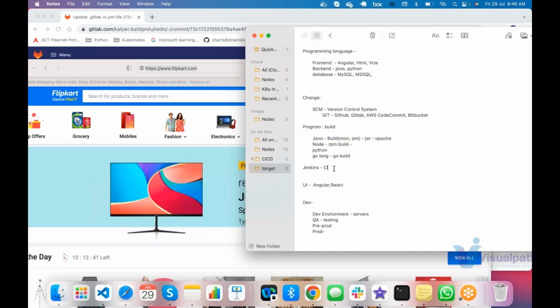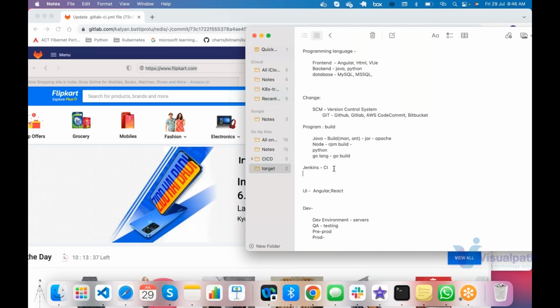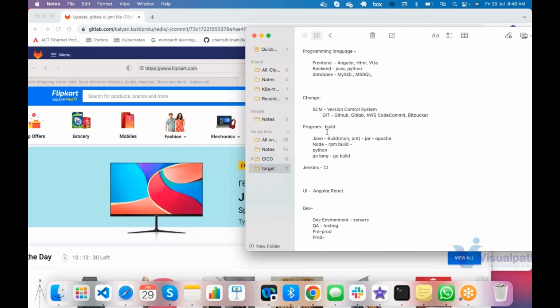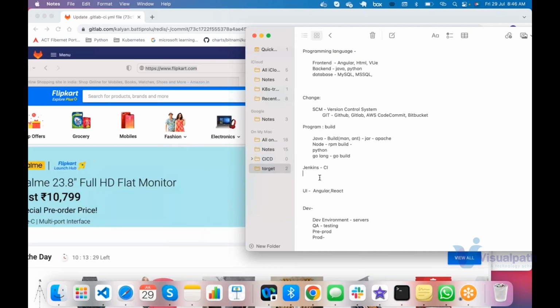Jenkins is one of the integration tools where it will tag your code, build it, and also deploy it to your source environment. Again, as part of the build,